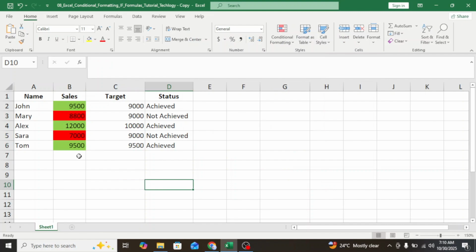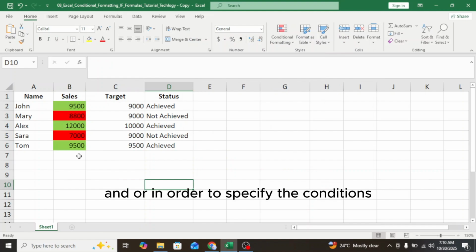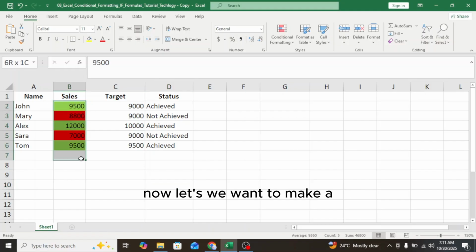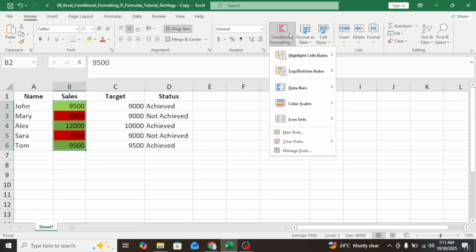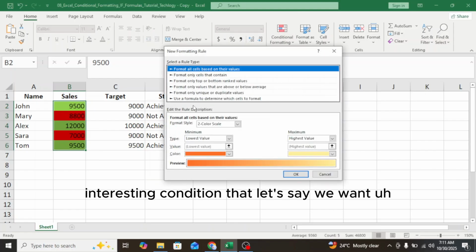Great. Now you can also use AND and OR in order to specify conditions. Now we want to make an interesting condition.